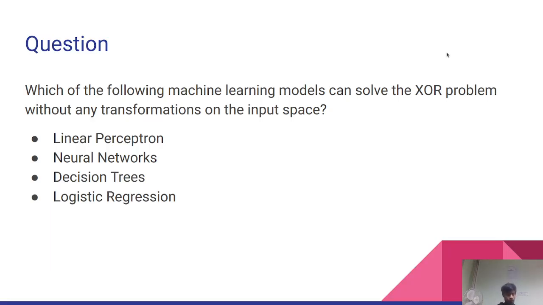So the linear perceptron we discussed earlier: the boundary must be linear. It cannot separate non-linear things, so a linear perceptron cannot do that without any transformation. It cannot classify XOR. A neural network, suppose, means it has multiple layers of perceptron, not